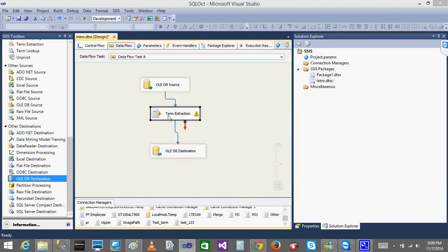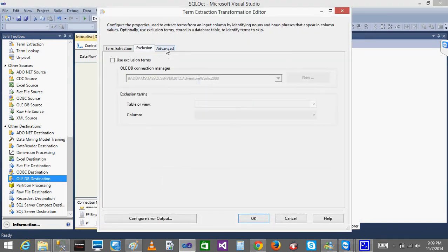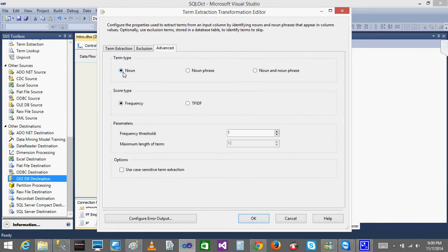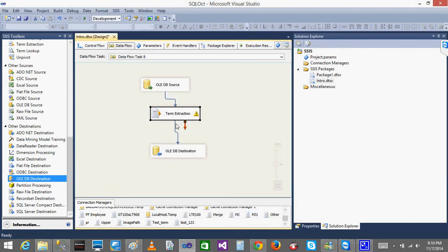So in the term extraction, in the advanced, I have asked to find the noun words from the description. Noun means it will select Raju, it will select Hyderabad. So what the system does, first it goes and searches the entire table, whatever nouns it finds, it takes those nouns like Raju, Hyderabad, it takes all of them, and then how many times it has been repeated, it will also list them. Okay, now see here, I'll click OK. Done. Now I'll click a data viewer here.